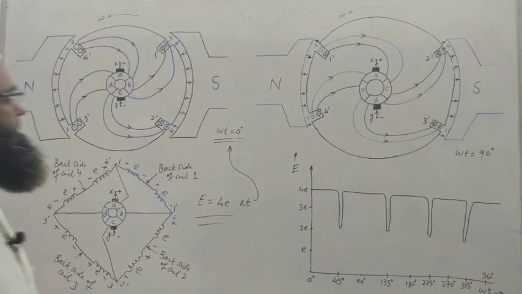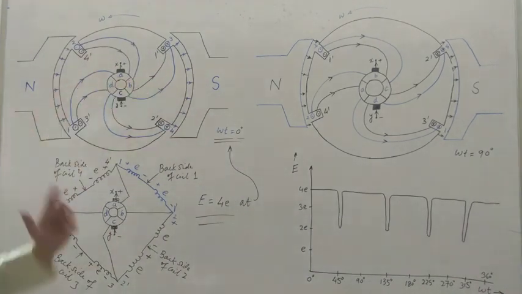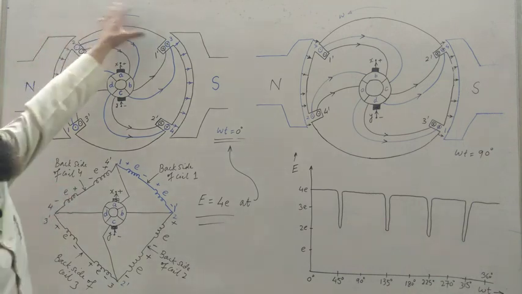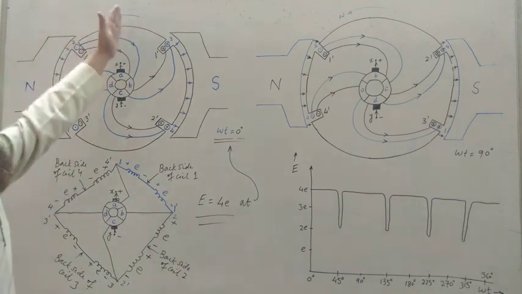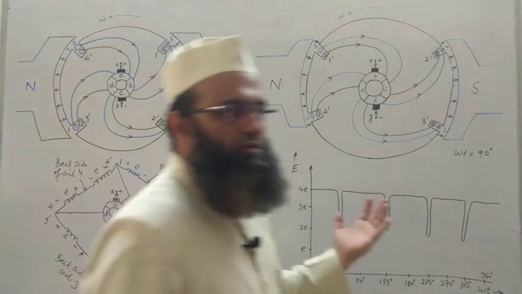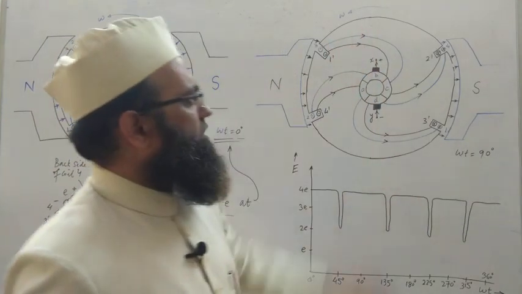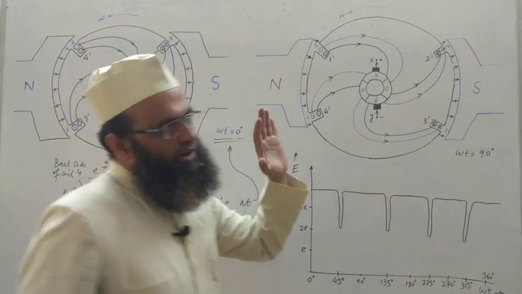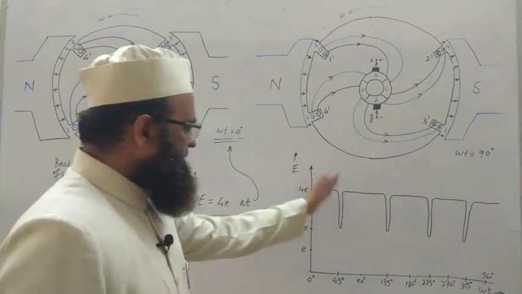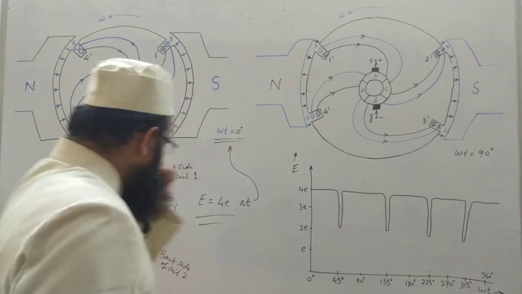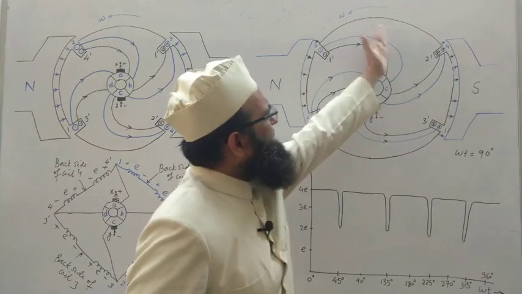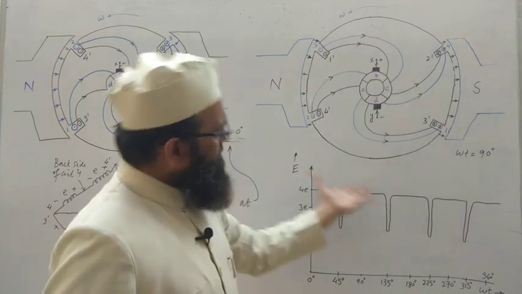So we can see that for a two-pole structure, this region has the magnetic neutral axis. Whenever a particular coil or number of coils passes through that magnetic neutral axis, at that particular moment the EMF induced is 0. That's why this dip is obtained. If the number of coils is increased, or the number of poles is also increased,